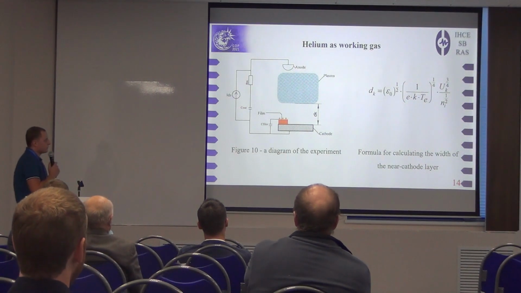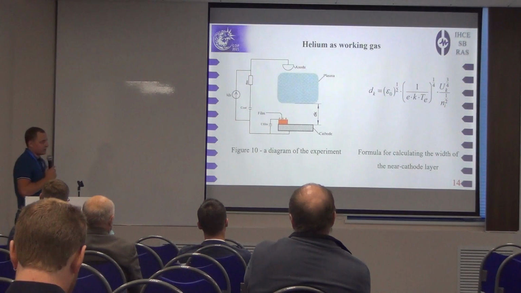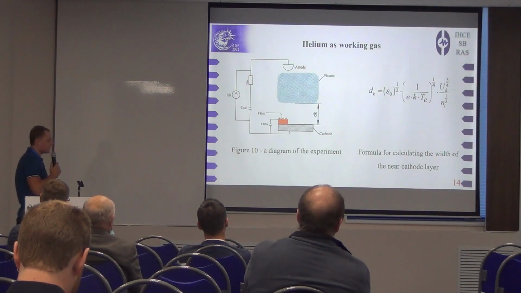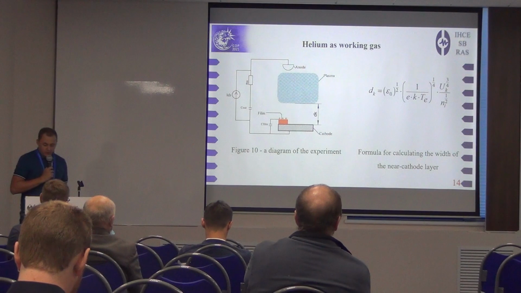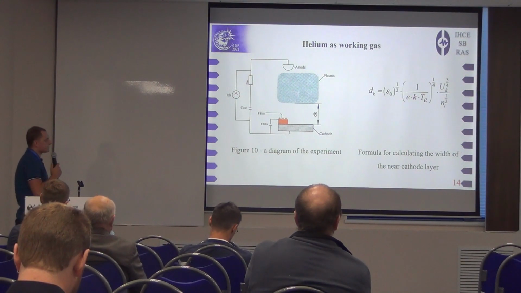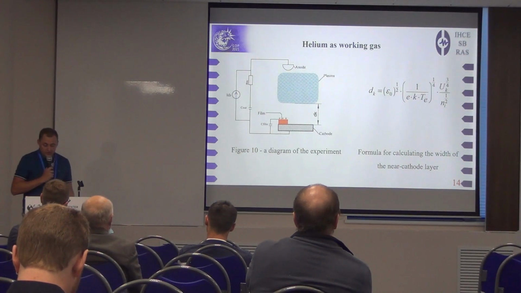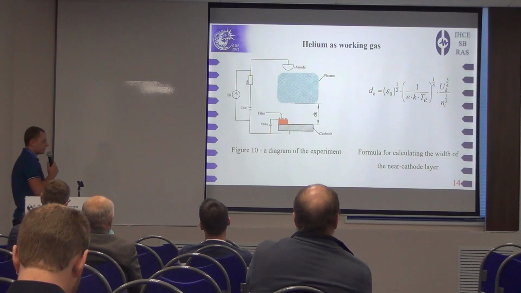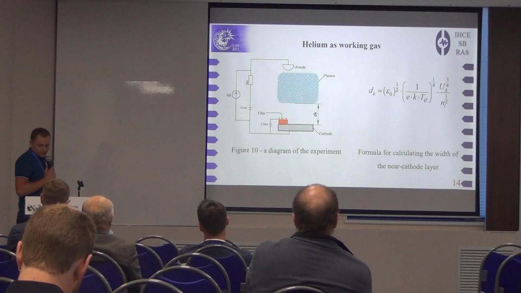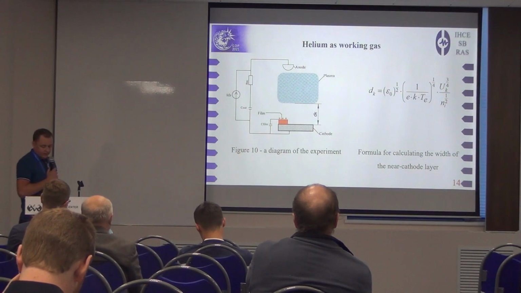Experiments were also performed with helium as working gas, but it was not possible to register the cathode spots on it. There are several reasons for this. First is the low sensitivity of the cathode spot detector, and second is the high dielectric strength of helium, which means that its concentration is lower than on argon or nitrogen,